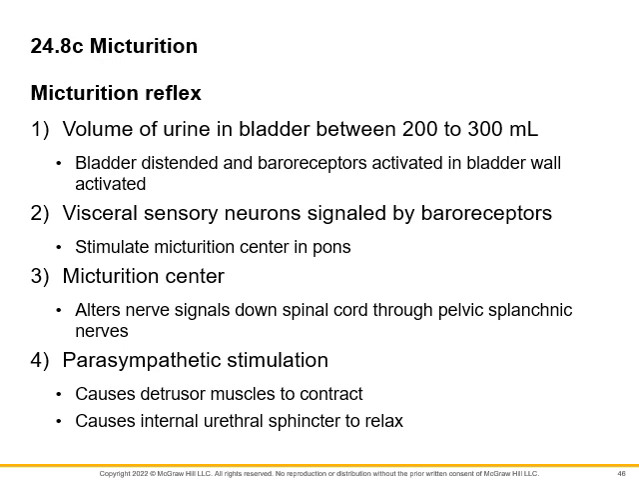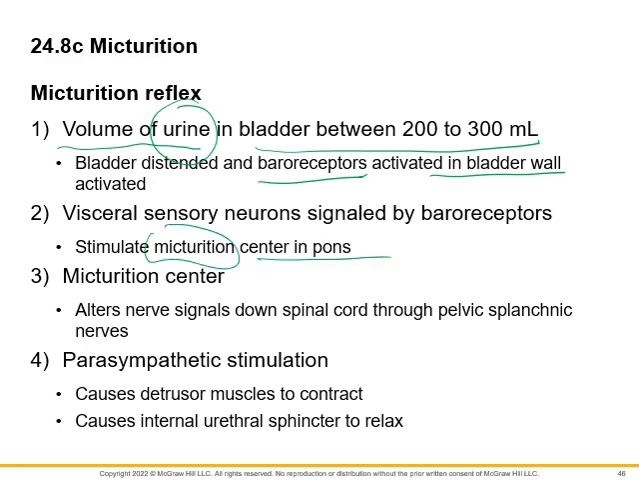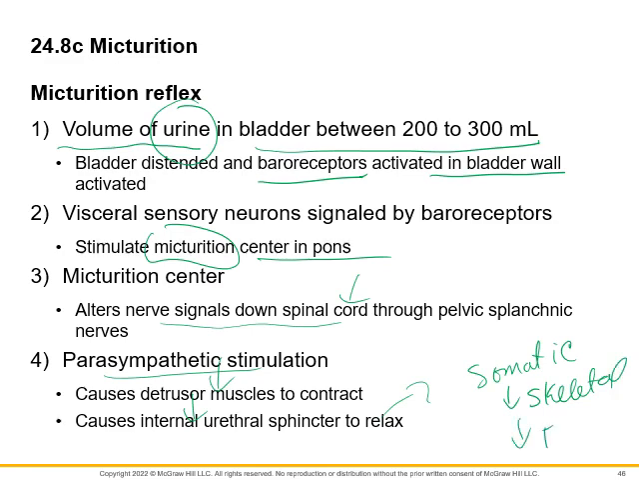This is in words what we just looked at. So as the volume of urine in the bladder reaches a certain level, the baroreceptors, those are stretch receptors, right? We saw those in the carotid artery. Those are going to be activated in the bladder wall. That's going to send a message to the micturition center in the pons. That's going to send a signal down the spinal cord, and that's going to cause parasympathetic stimulation, which causes the detrusor muscles in the bladder to contract, causes the internal urethral muscle to relax, and then you're also going to have the somatic part where you're telling your skeletal muscles to talk to your external urethral sphincters